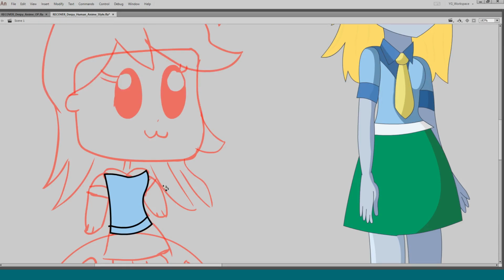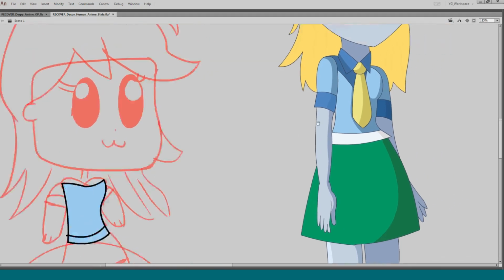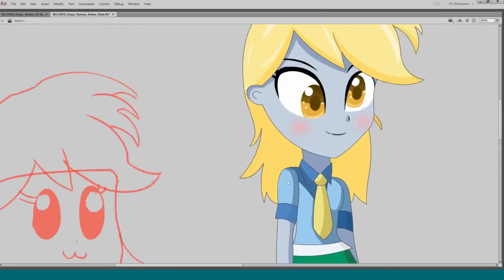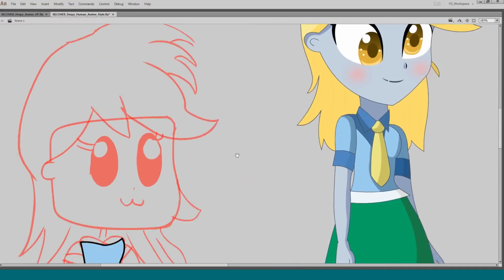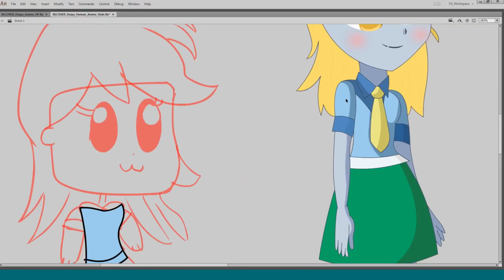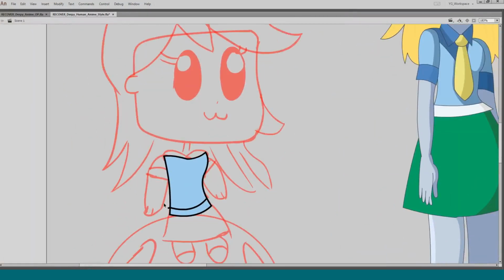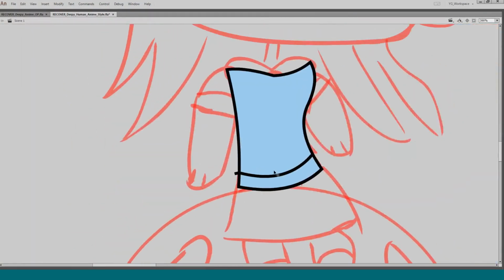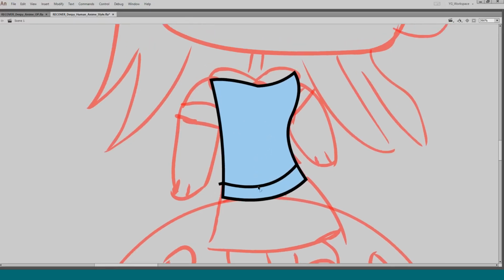I'll just do one tone for now, because you can see how this has a lot more shading, where there's this hue and then this darker color over here. I must have missed, so we can see I wanted this area and this area to be different colors. And I drew this line.